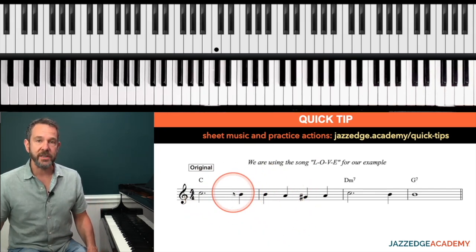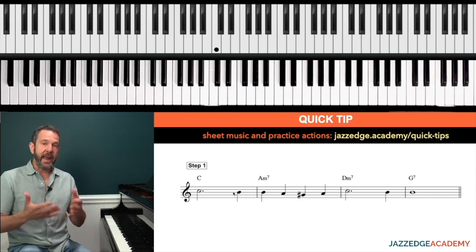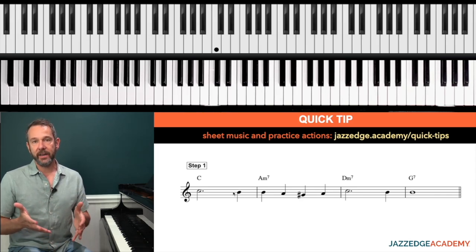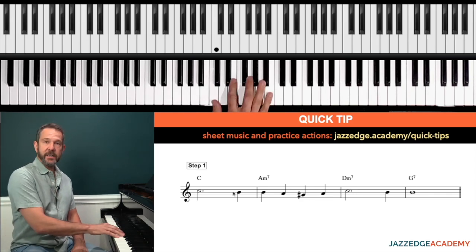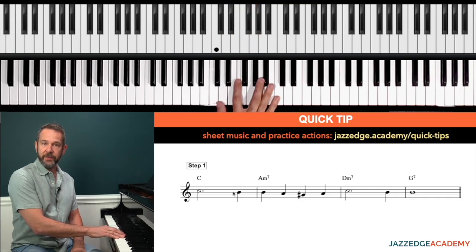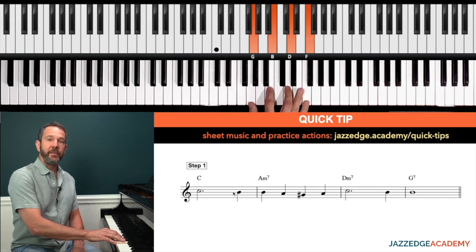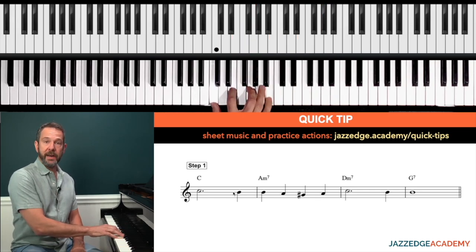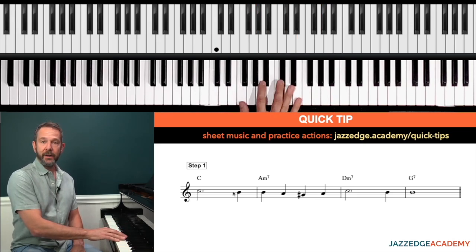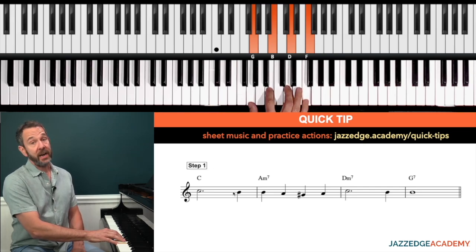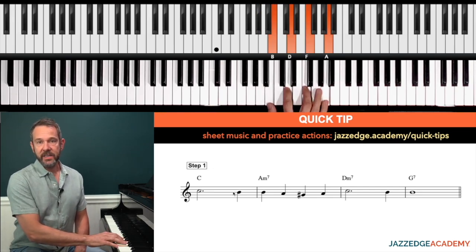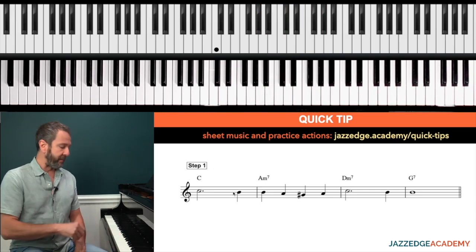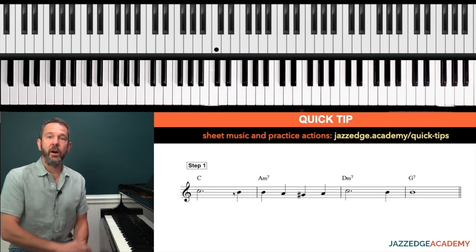So the first step is this. We could add in a diatonic chord. So remember our diatonic chords, if we play 7th chords built on each note of the major scale, we get our diatonic 7th chords. So 1 major, 2 minor, 3 minor, 4 major 7th, 5 dominant, 6 minor, 7 minor 7 flat 5. All right, so what we're going to do is we're going to bring in our 6 minor